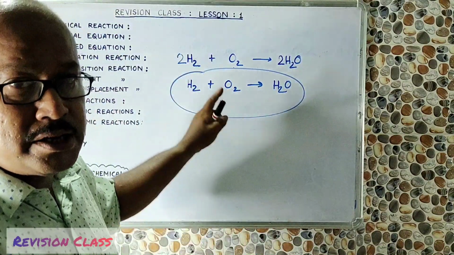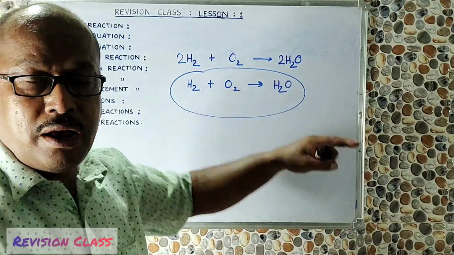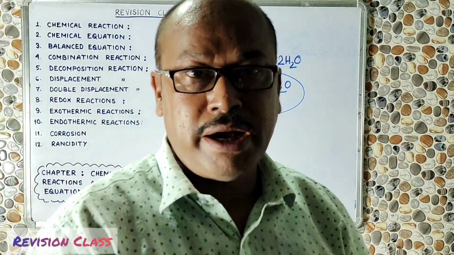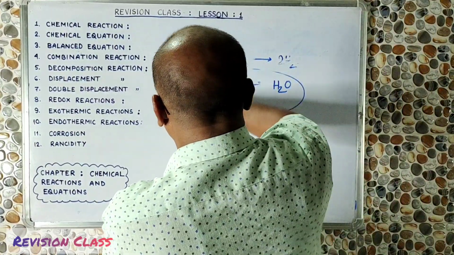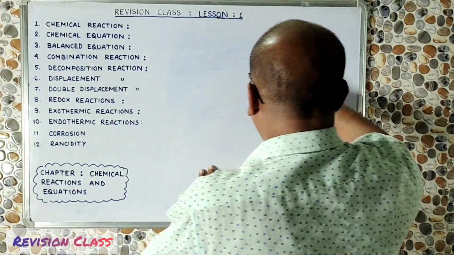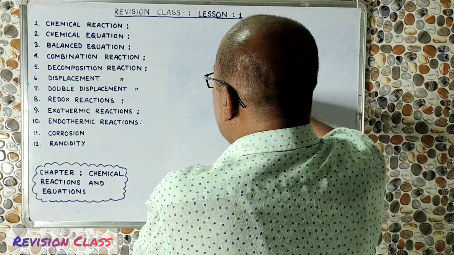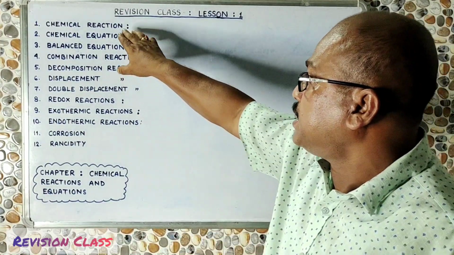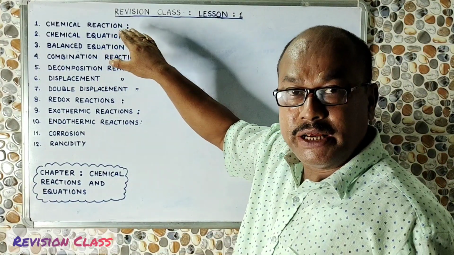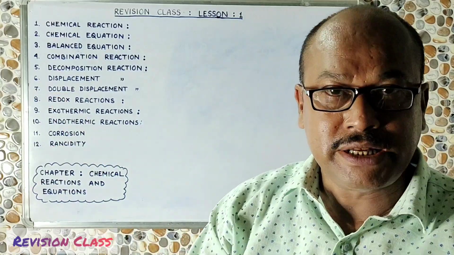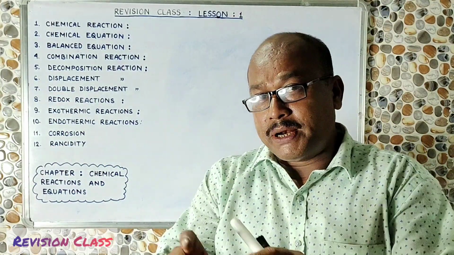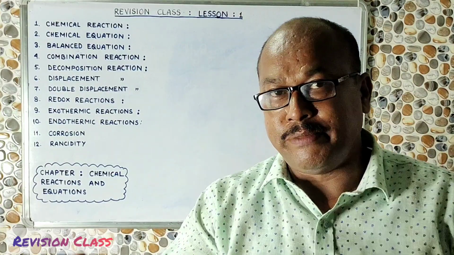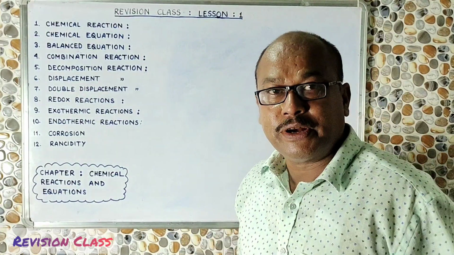And how is it balanced? I have given one example, and the remaining examples you will get in my previous online class. So after this, let us come back to see different types of chemical reactions. We have already discussed what is a chemical reaction, what is a chemical equation, and what is a balanced chemical equation, as well as what is a skeletal equation. But these chemical reactions or equations can be of different types. And what are the different types?